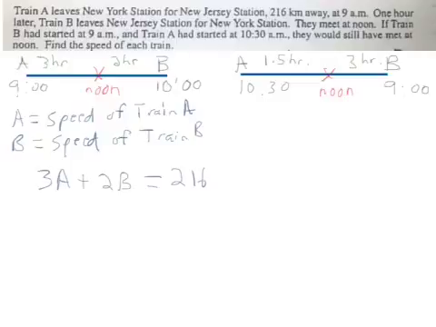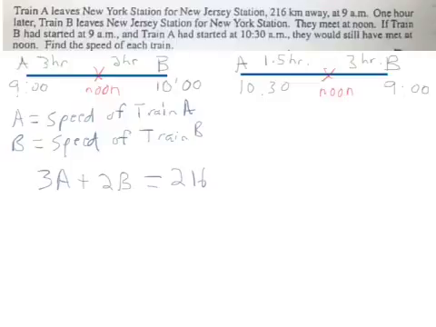Now scenario number 2, we'll look over here on the right. Same setup where train A is traveling towards train B, and train B is going towards train A. They meet in the middle somewhere at noon. So train A, if it leaves at 10:30, we know that it's going to be traveling a total of 1.5 hours. If train B leaves at 9 o'clock, we know it's going to be traveling a total of 3 hours. So same idea over here,